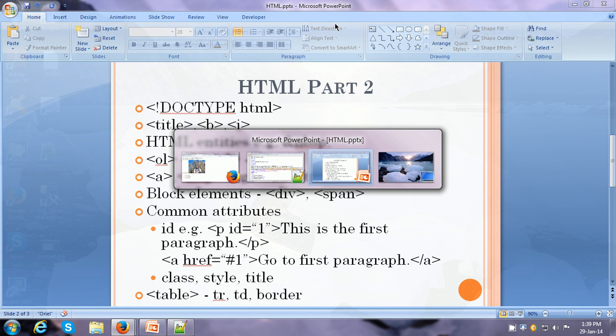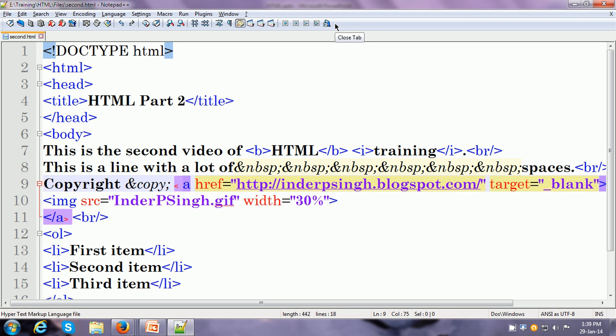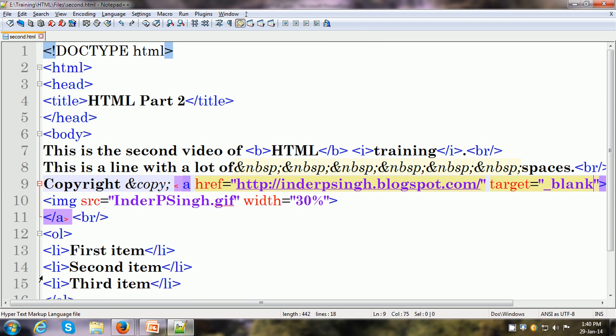So let us go back and see a couple more important HTML tags. One of the important tags is the div tag. The div tag allows you to make a division of the content in your web page. The div tag always creates content in a separate section, so there is a blank line above and below the div section in your HTML document. I'm using the term HTML document and web page interchangeably, so they mean the same thing most of the time.